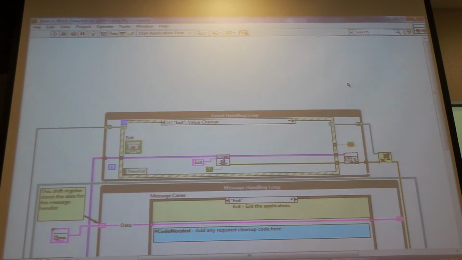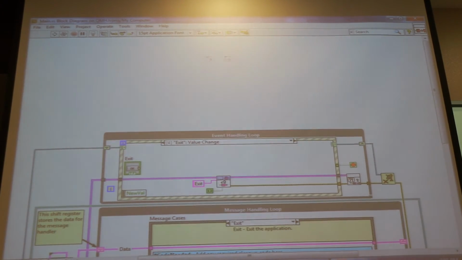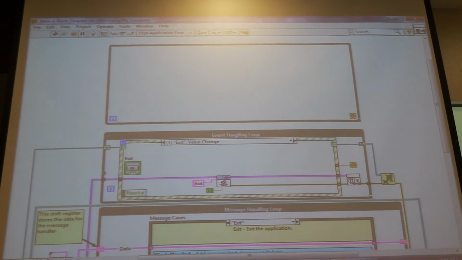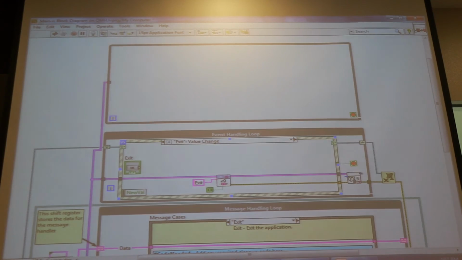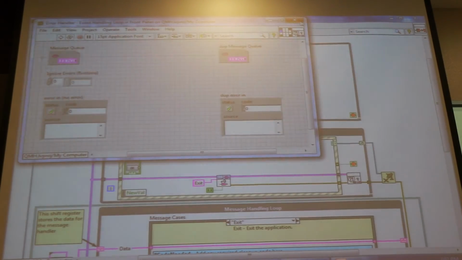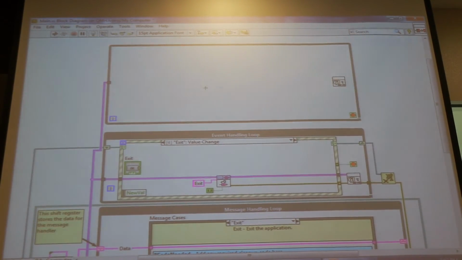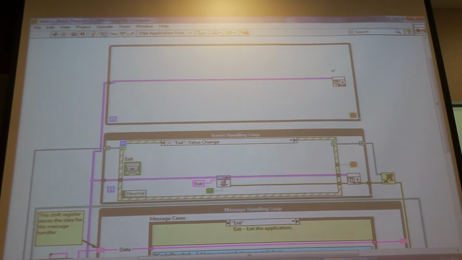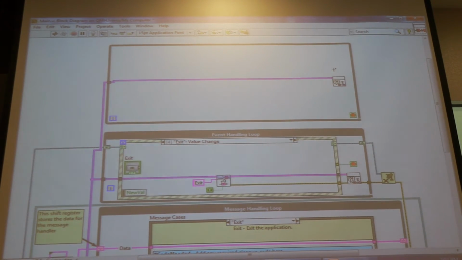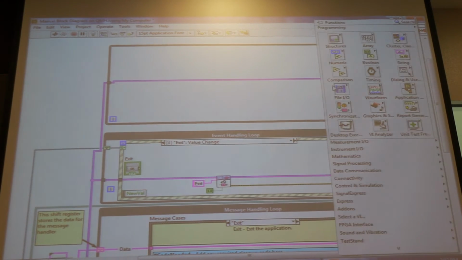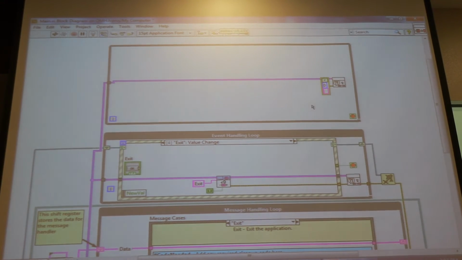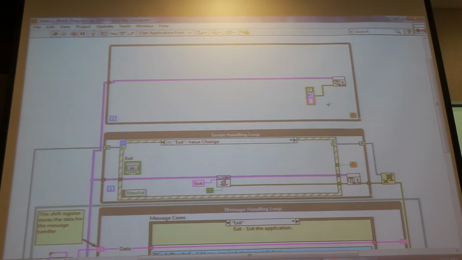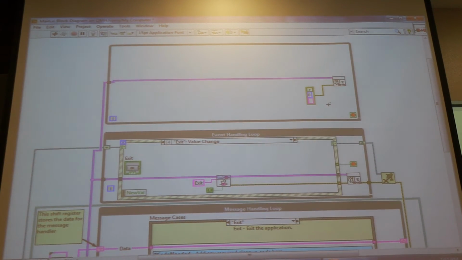If you need to implement another loop, like this, one loop, all you have to do is copy this guy here, and put it at the end. Error handling done. Of course, you need to put in the error. There has to be some form of error, otherwise it will not work. I'm just going to create a constant. This can come from anywhere. But basically, that's all you need to do to implement error handling in a new loop.